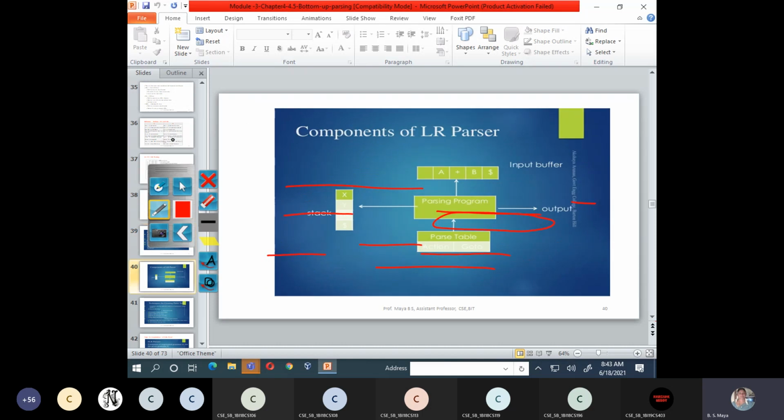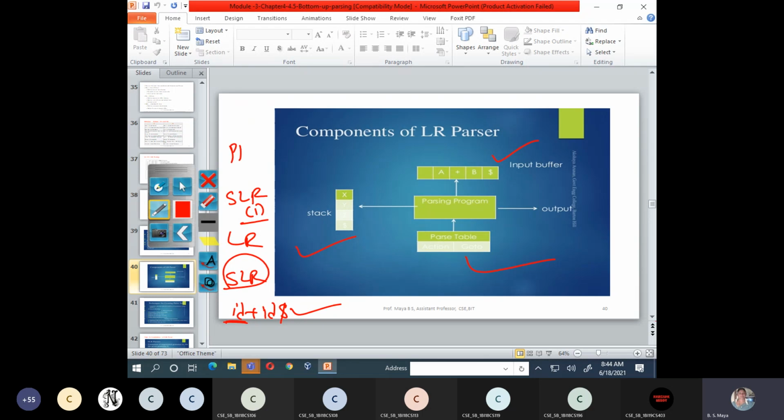Okay, the next. Here also we are parsing the given input. The grammar is given, the table is constructed, then I have to parse my input by using an SLR parser or simple LR parser or any LR parser. These are the common components. We require an input, a stack to push and pop, and a table to parse my input. The table is called the SLR table. Here we are constructing the SLR table.